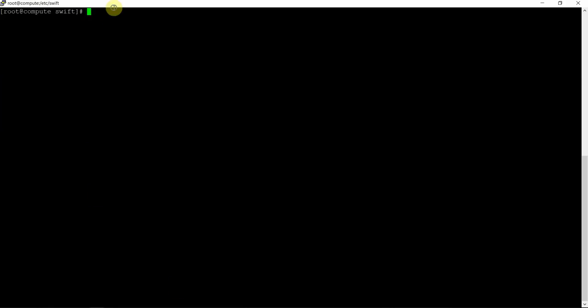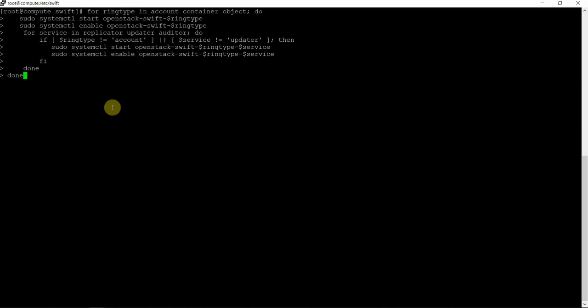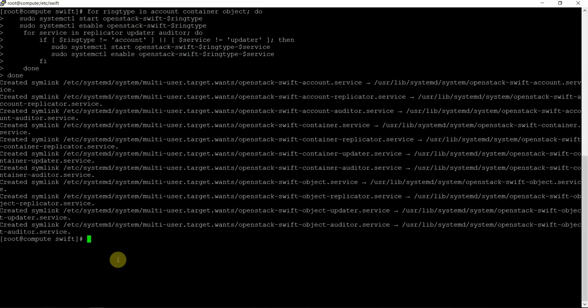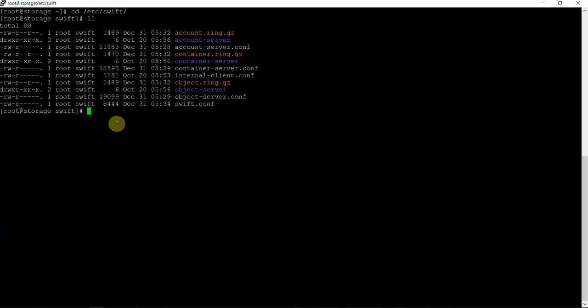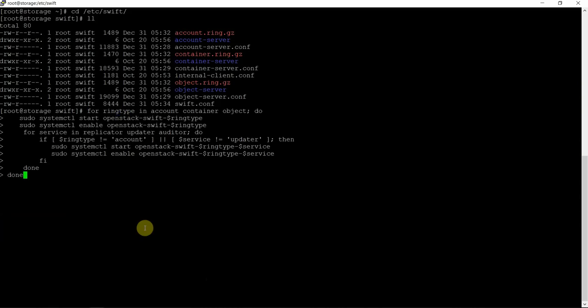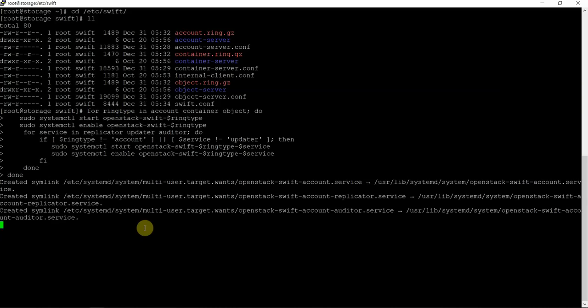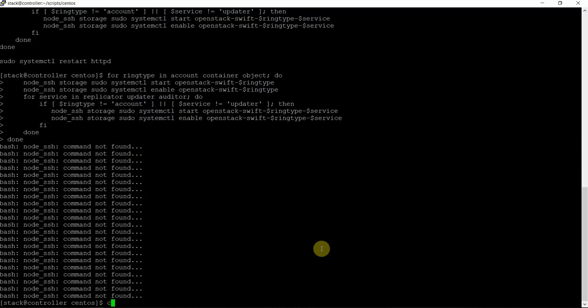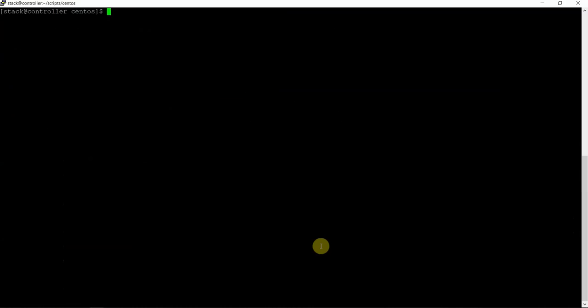This is the compute node, so starting all the services on the compute node. Fantastically done. Similarly, starting this on the storage node. Fantastically done. And finally restarting the API service, the HTTPD service, on the controller node.